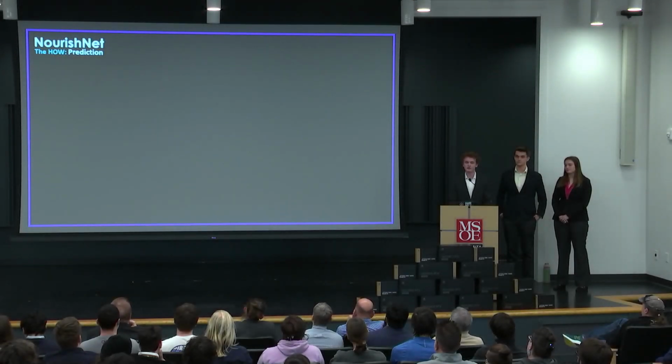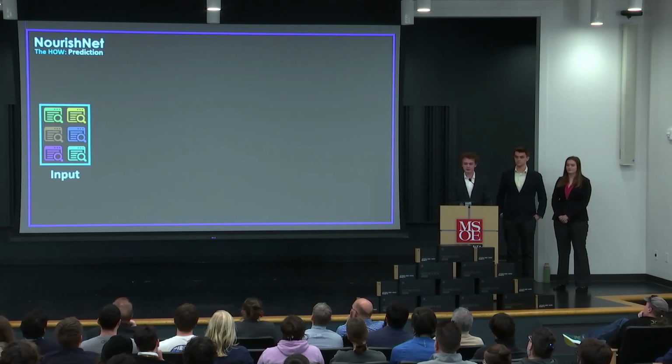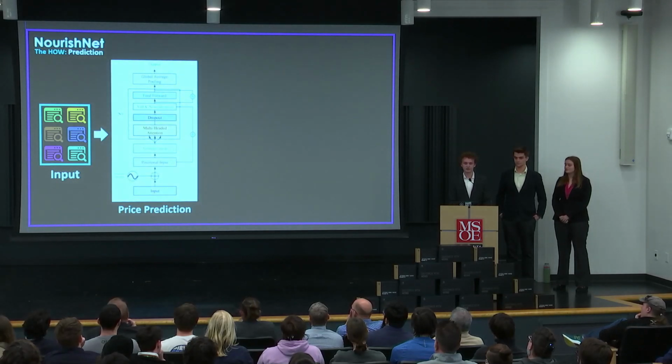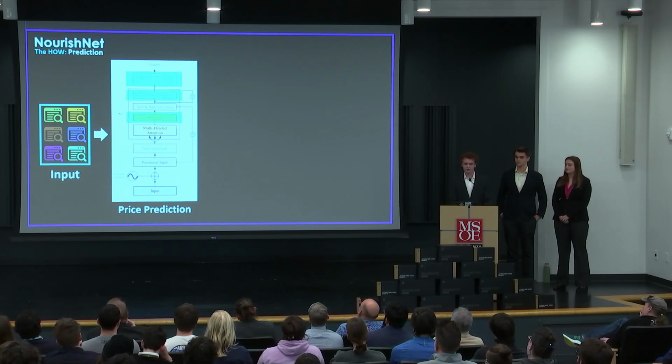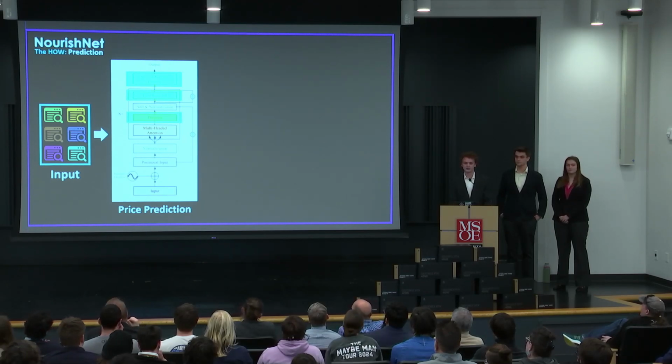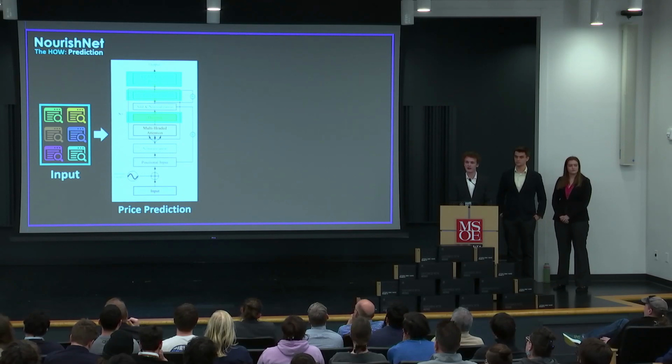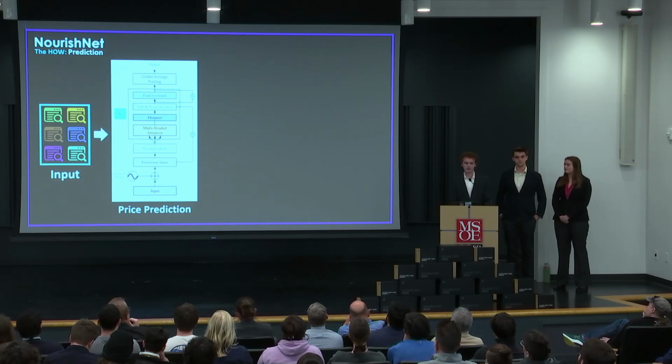Now that we understand the regression and classification model, let's see how it all goes together. First, data comes from a variety of sources that we listed earlier, and gets inputted into our price prediction model, which is an encoder transformer with a couple of changes. First, we add a global average pooling to fit our domain's needs, dense layers are added to the feed-forward network for increased learning stability, and a dropout layer is added to reduce the likelihood of overfitting. And we use 10 transformer blocks for these price predictions.